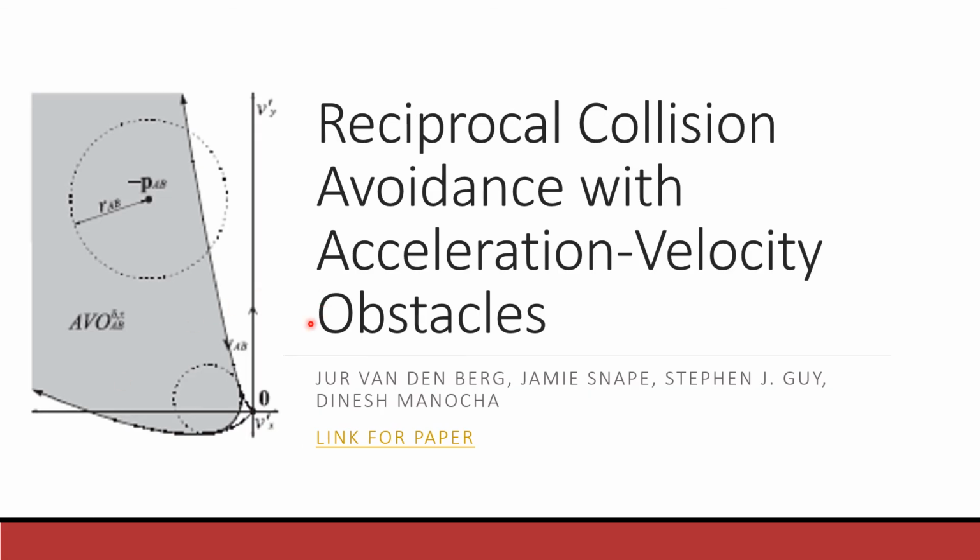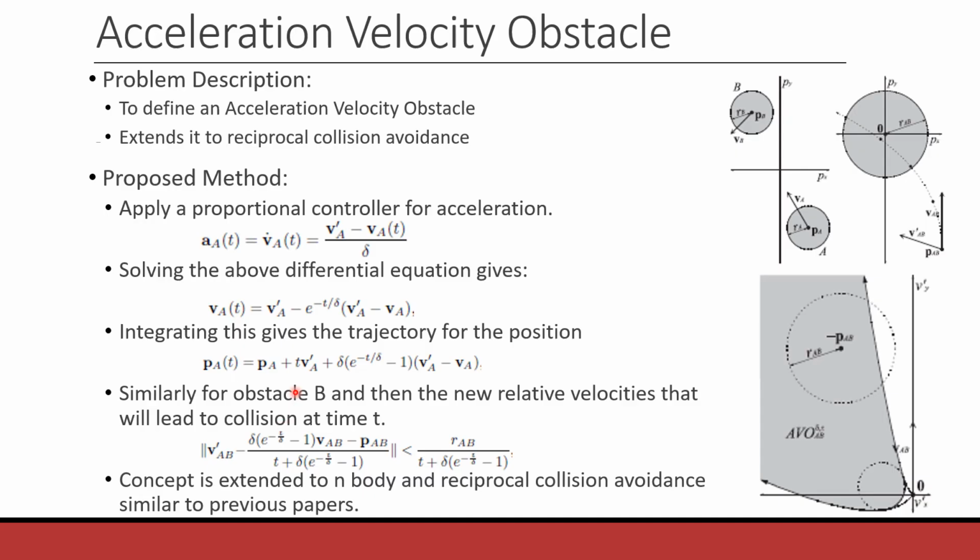And now let's move on to our final paper, that is considering the acceleration velocity constraint. This paper is called Reciprocal Collision Avoidance with Acceleration Velocity Obstacles. In this paper, the author tackles the issue of an instantaneous change of velocity and extends it to an optimal reciprocal collision avoidance. To tackle this, the paper first defines a proportional controller for acceleration to enable smooth transition of